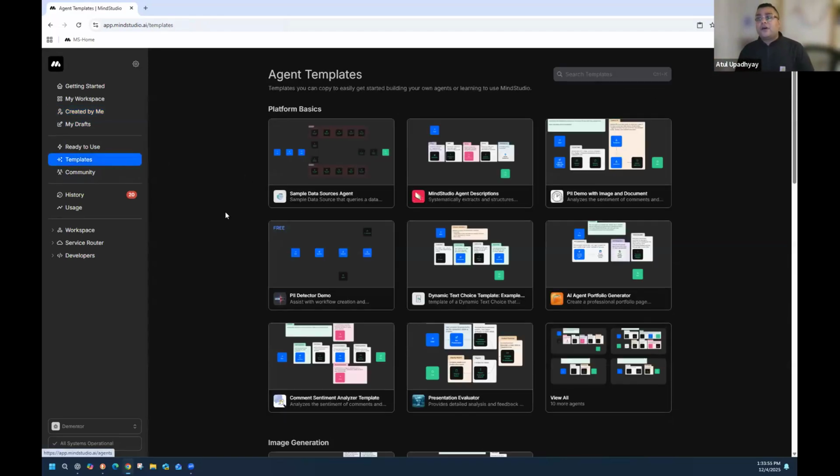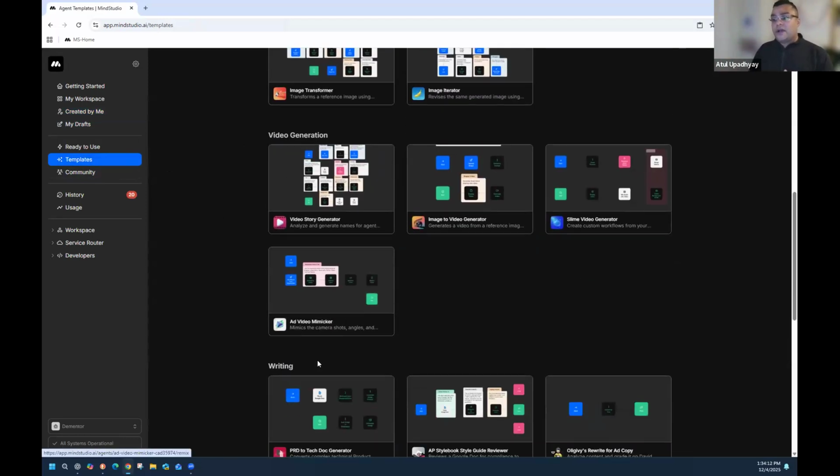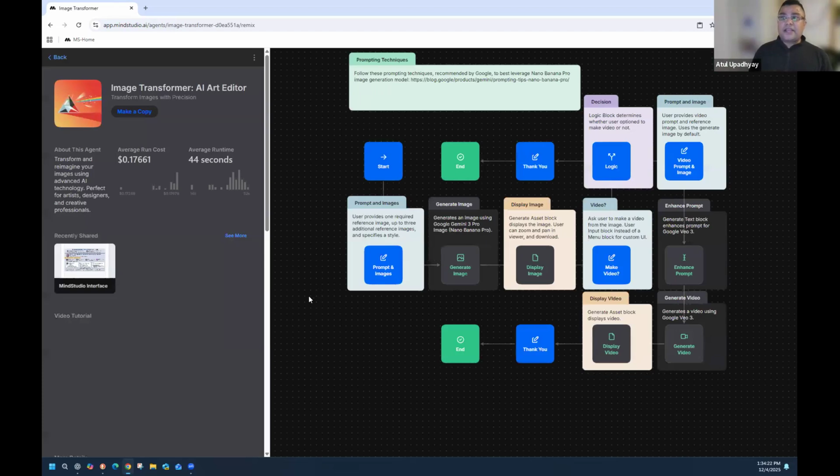Similarly, templates are another way where you like something, it's a foundation for you already there, and I think they have tagged some are free. So if it is related to image generation or video generation, they all are categorized in different categories depending on what interests you. You can look at that template and then you can kind of get an idea.